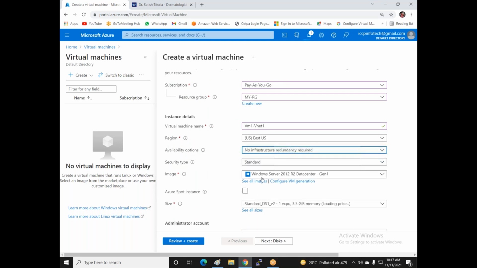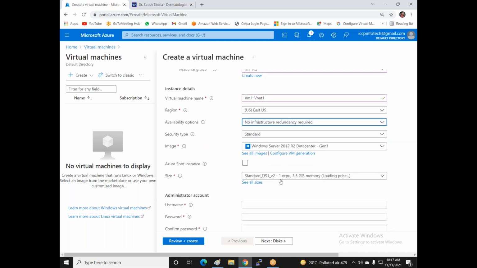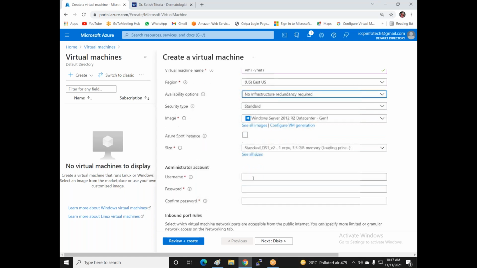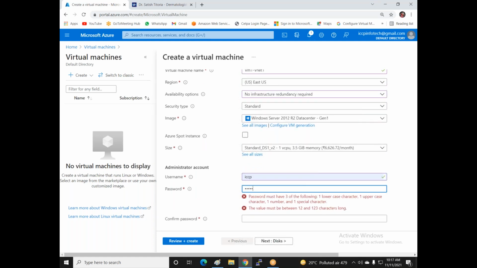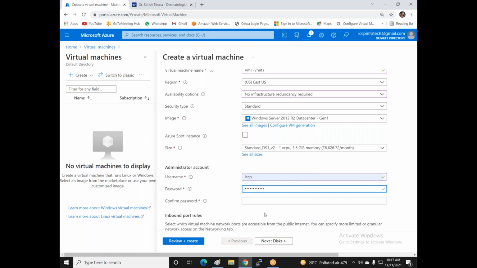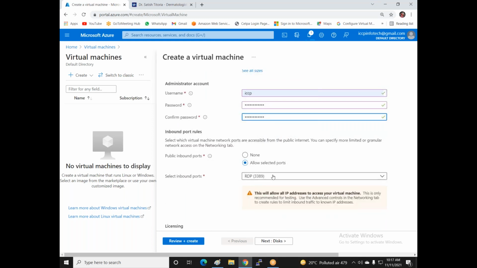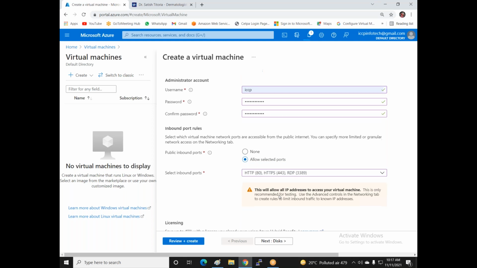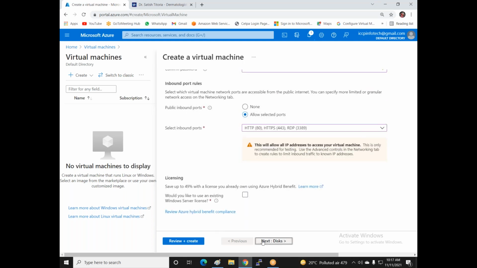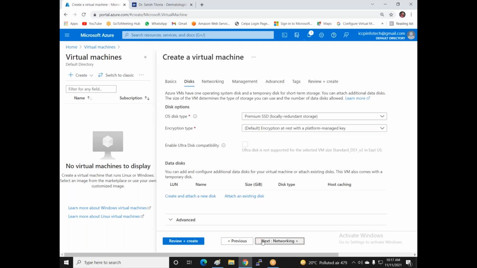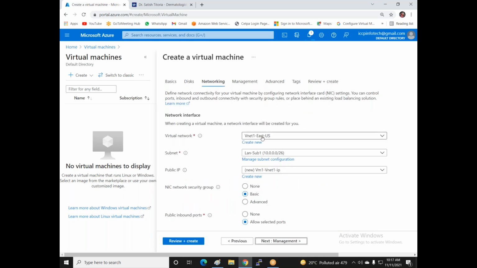I'm using Server 2012, one CPU, 3.0 GB RAM, and the username and password. And now I'm allowing the RDP, HTTP and HTTPS protocols. Next, here I select VNet 1.